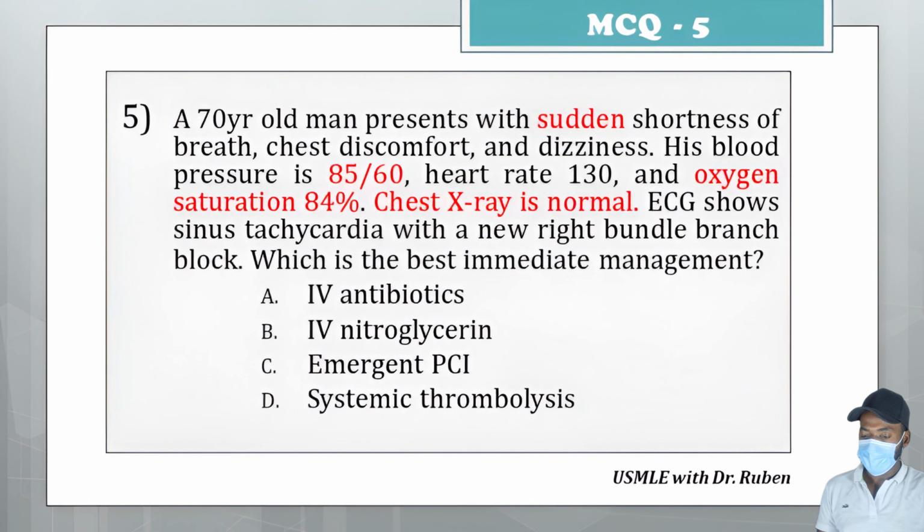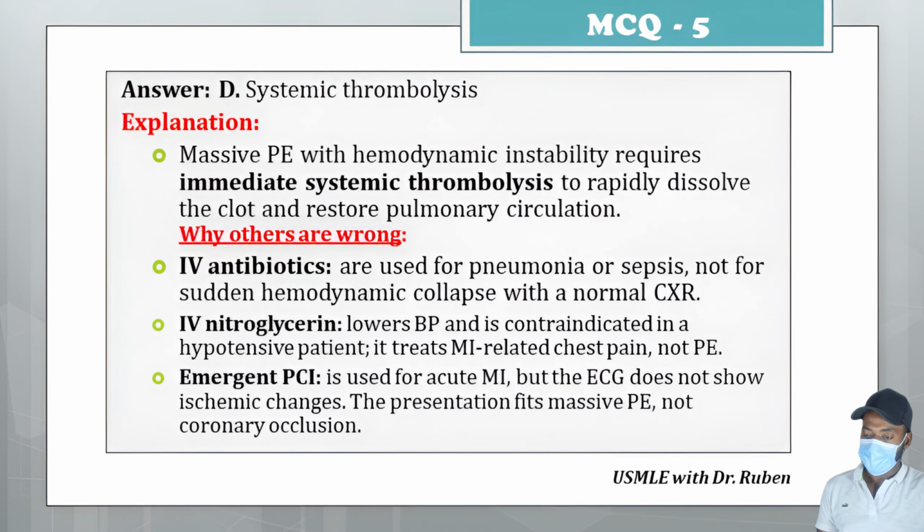The correct answer here is D. Systemic thrombolysis. This patient presents with sudden dyspnea, hypotension, hypoxia, a normal chest X-ray, and a new right bundle branch block, features that strongly suggest a massive pulmonary embolism causing obstructive shock. Consequently, massive PE with hemodynamic compromise warrants urgent systemic thrombolysis to rapidly break down the clot and restore pulmonary blood